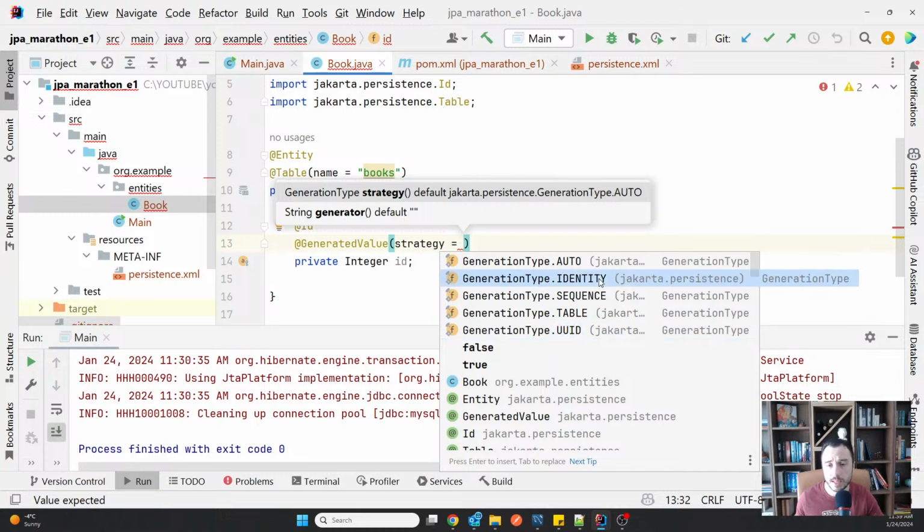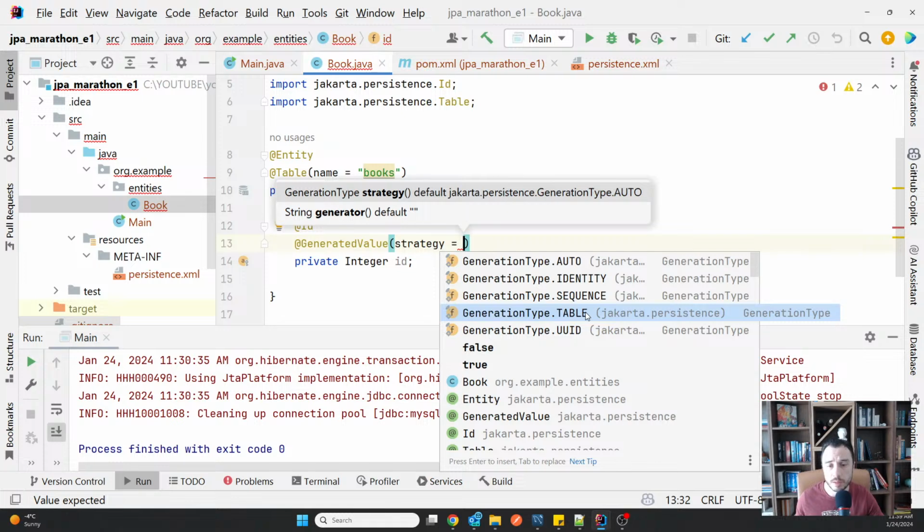Now I'm going to use identity, but as an idea, identity is what we apply when we have an auto increment at the database level. Sequence, if you use a database sequence to generate the values, and then you have to provide the name of the sequence as well. Very often used together with Oracle databases.